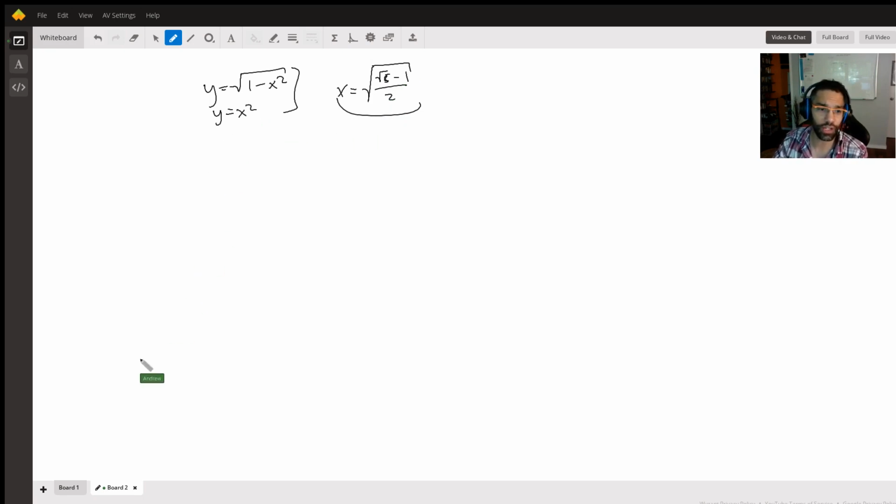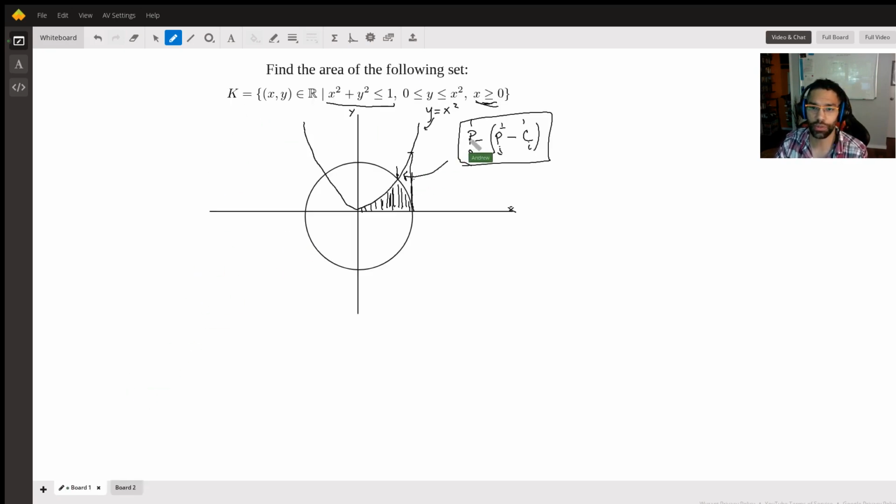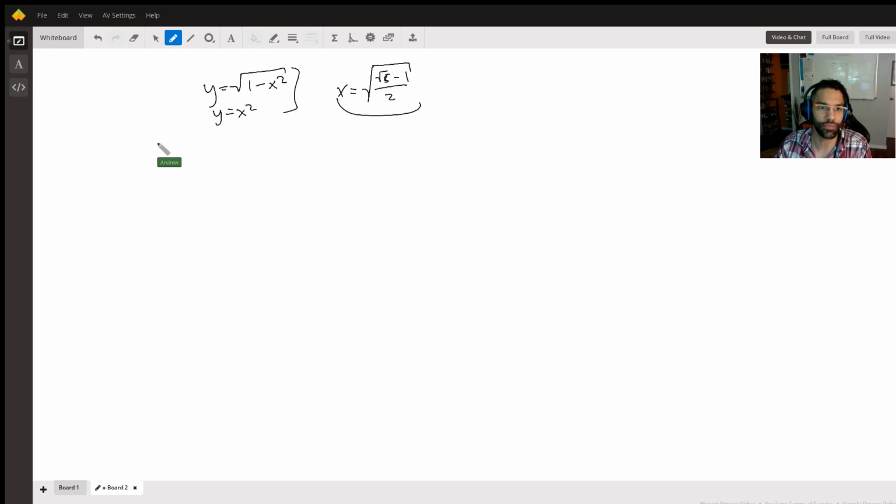So based on this little formula we were saying before to find the area, we're doing the area underneath that curve minus these here. So that's going to give us the integral from 0 to 1 of that area underneath the parabola minus, and we're going to do the integral from,